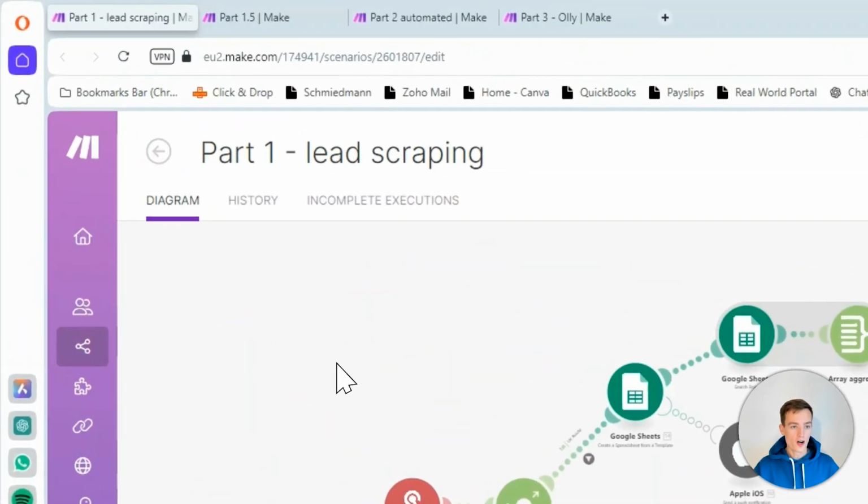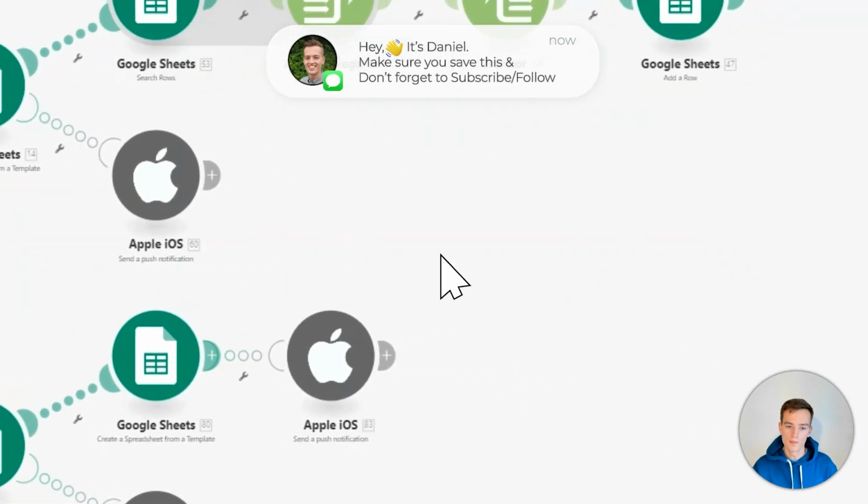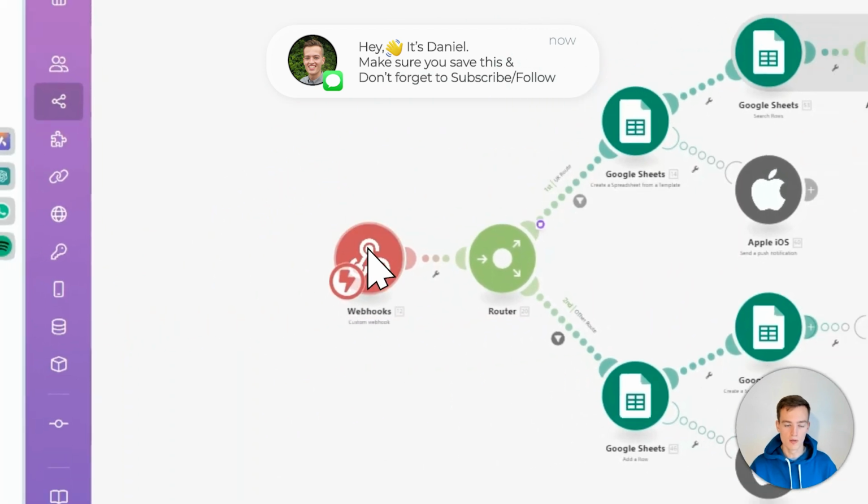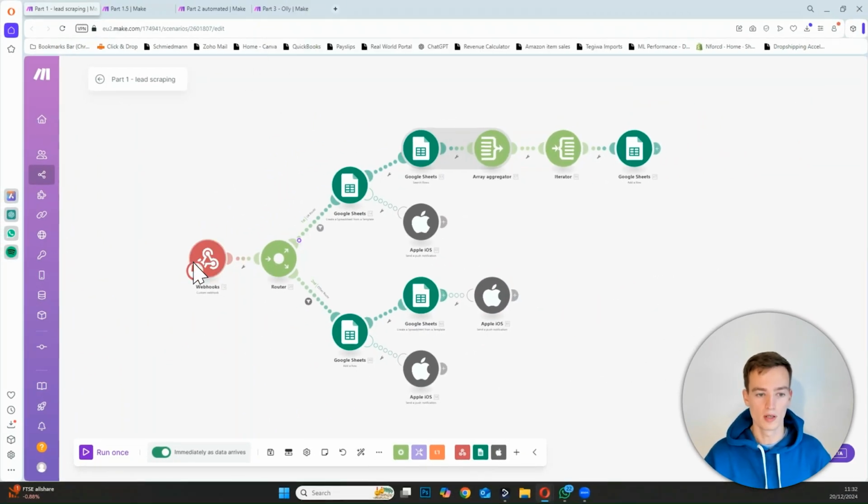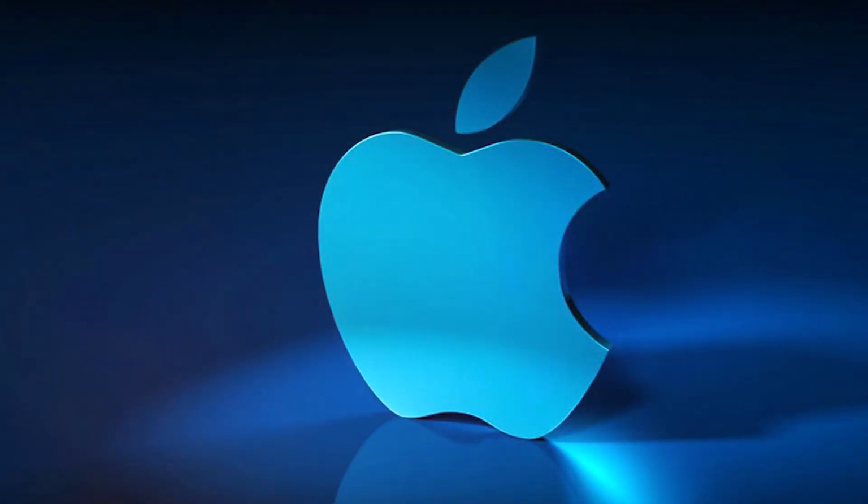So this first part is part one. This is basically taking the webhook. We've got a form that gets filled out. Once the form is filled out, it triggers this webhook and basically starts the automation. So we split it two ways, whether it's an other or whether it's actually like we're selecting a company. So the form